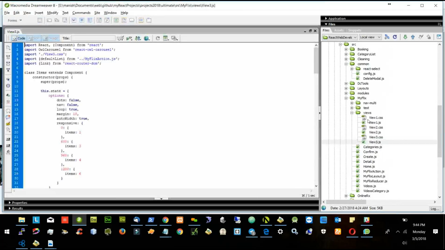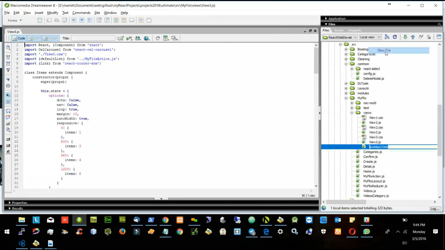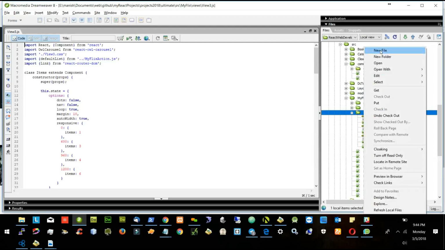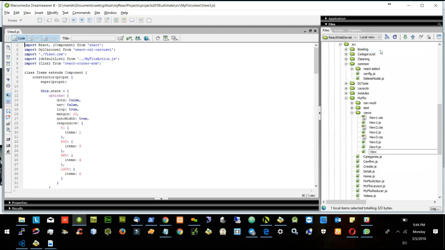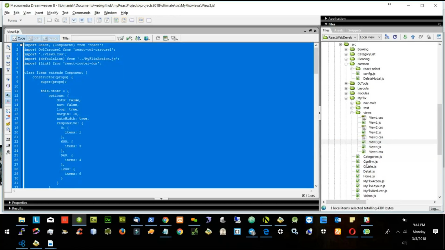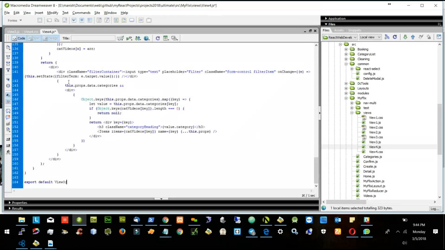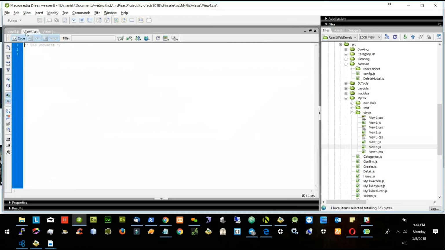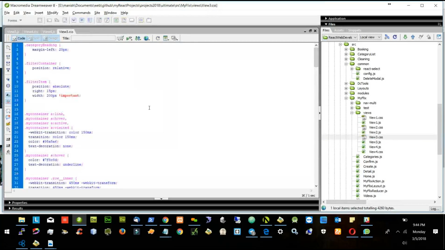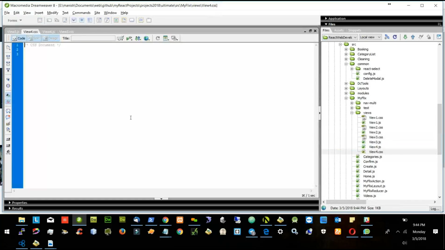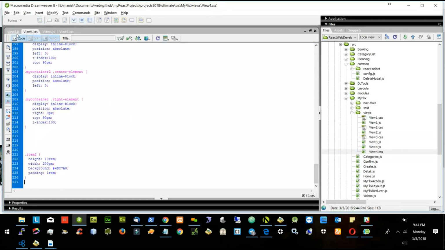Let's create a new file called view4.js, and I will also create a new file view4.css. I'll take the view 3 and paste it in the view 4, and I'll take the view 3.css, paste it in the view 4.css,